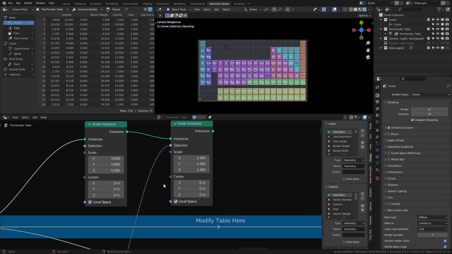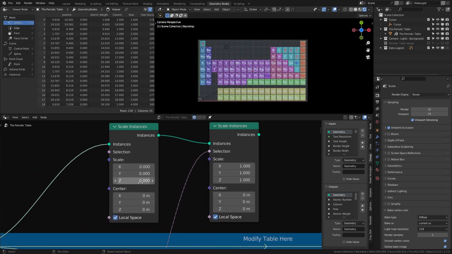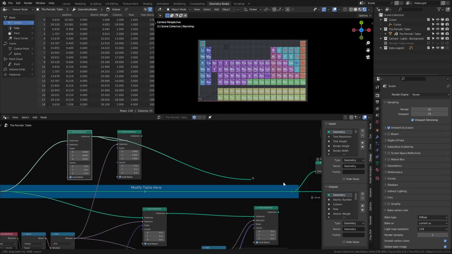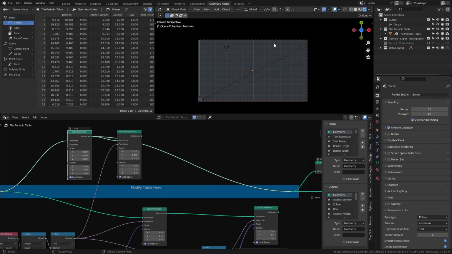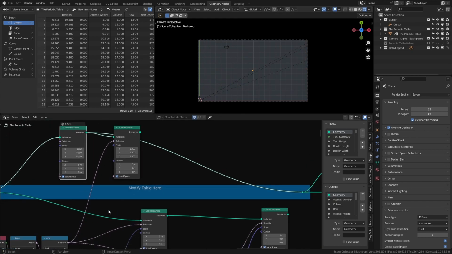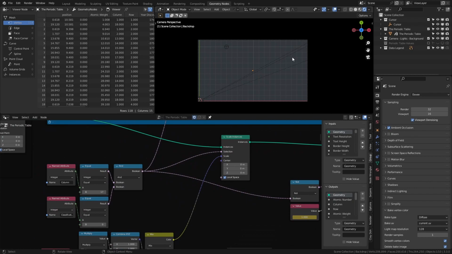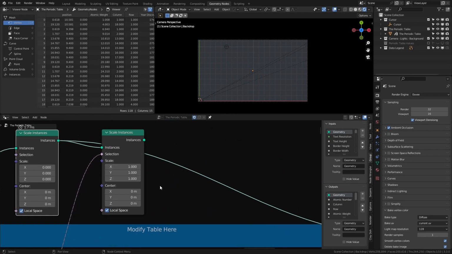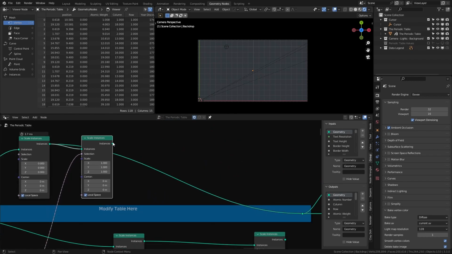If I were to come in and change all of the elements to have a scale of 0 right away, so we'll connect this up, and you can see everything is gone. But let's say I want to choose just those 4 halogens I had before. This is a series of nodes. Choosing them, we'll break that down in a second. And then I say scale those back up to a value of 1. If I connect this,